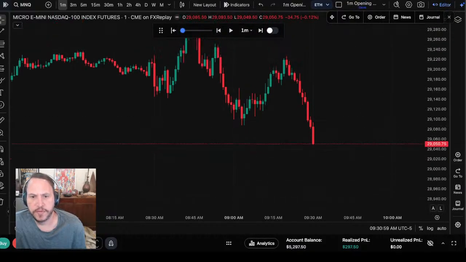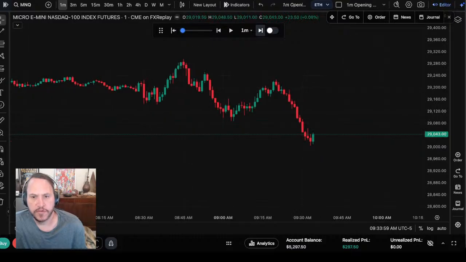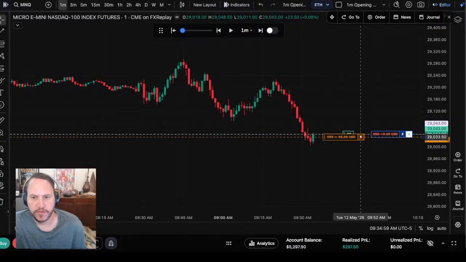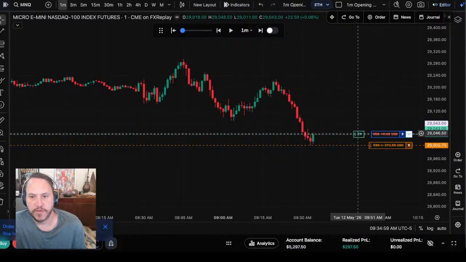Let's open. It's good direction here. There we go. Buy on the first candle. This is actually probably one of the better looking ones, which means it's probably going to fail. These candles started to become big though.